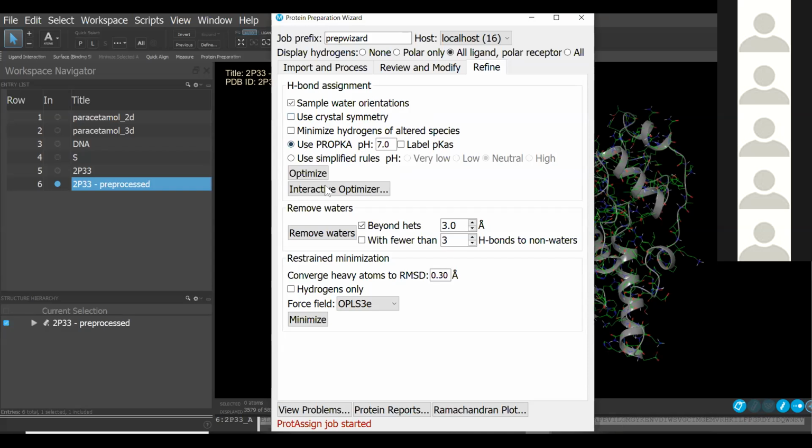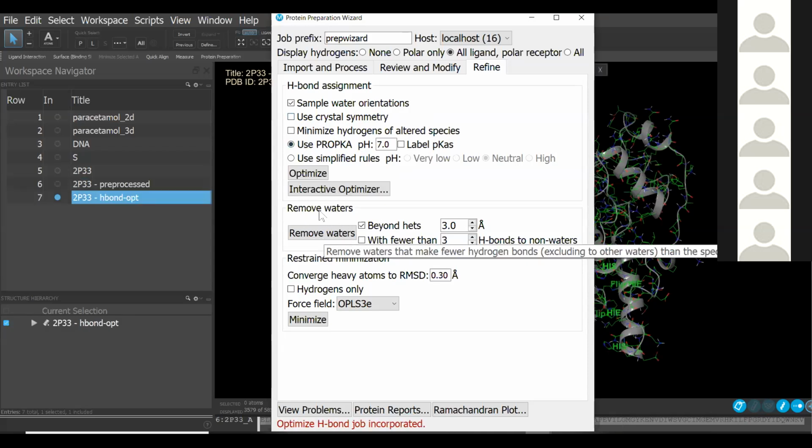And while it is loading, I also want to go through the next options that you have here. You have the option of removing waters. We already did this step in the previous pre-processing step, but if you haven't done it,